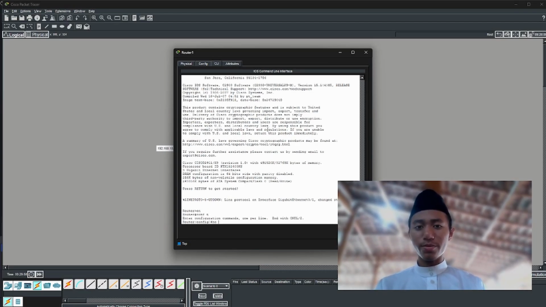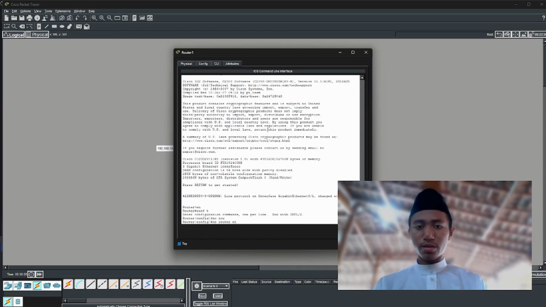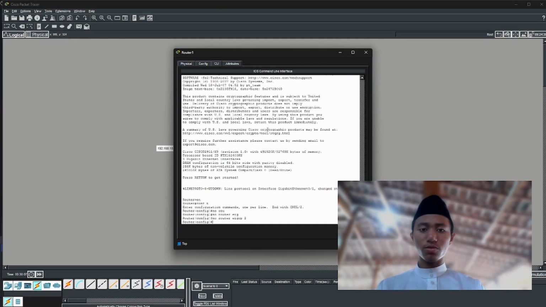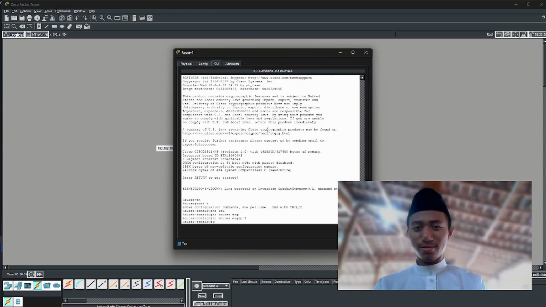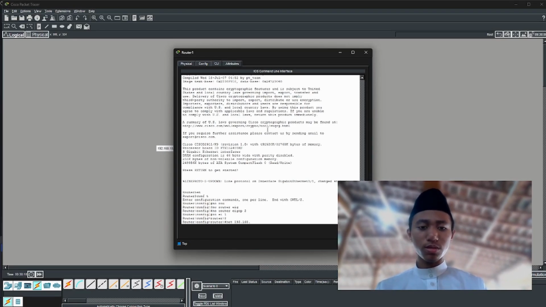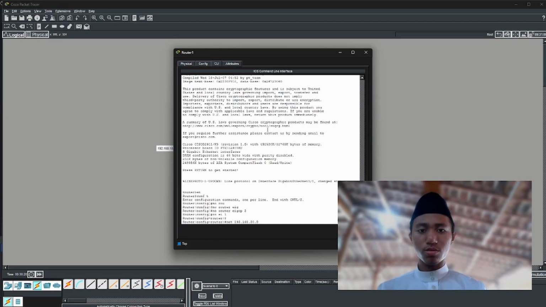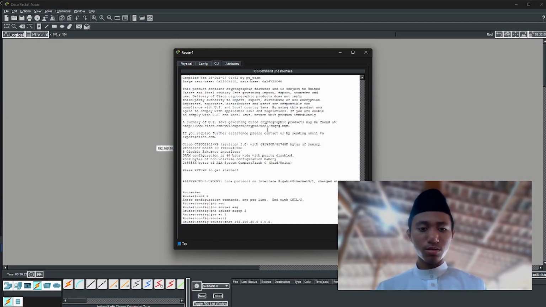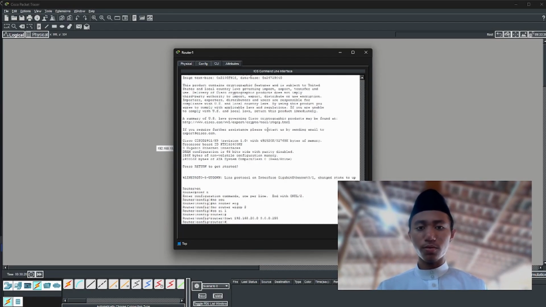So I will delete router EIGRP for AS number 2. Then we create it again with the same AS number. So we assign the network 192.168.20.0 again with the wildcard for /24, then assign again the PTP network.